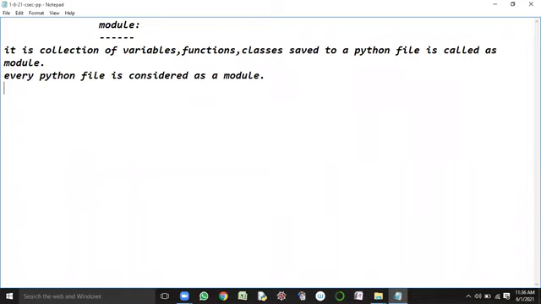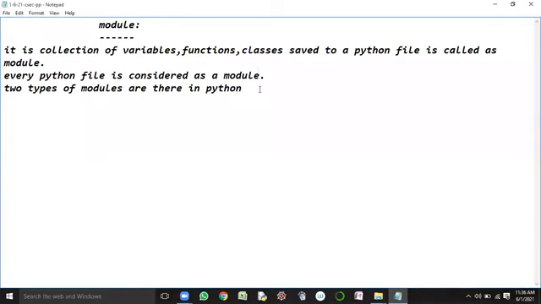Now, if you look into the types of modules in the Python programming language, there are two types. How many types?